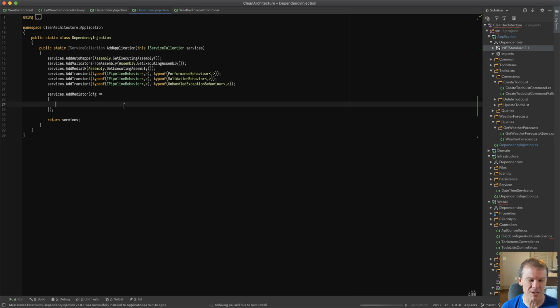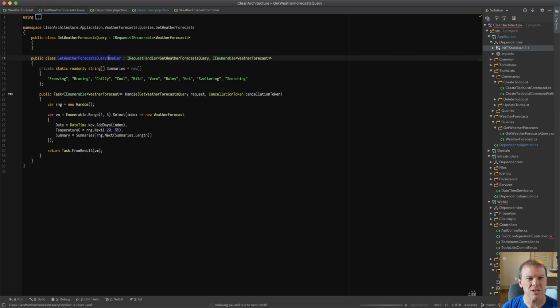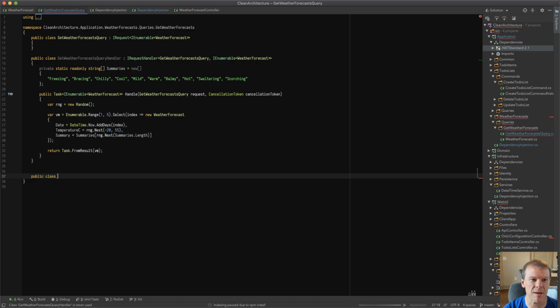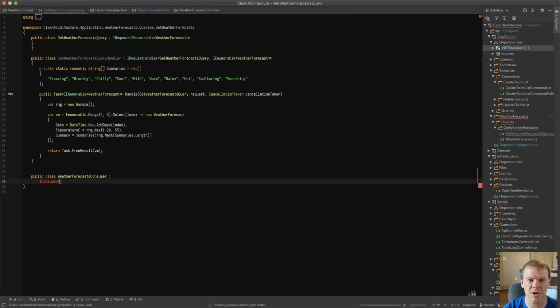So I just added mediator to this. This is going to put the IMediator interface into the project, and nothing's really going to change at this point. So let's first look at this controller or this query handler and write that as a consumer. If I was going to write this as a consumer, and I'll just do this here in this class, I'm going to have a weather forecasts consumer. I'm going to make that a consumer of,